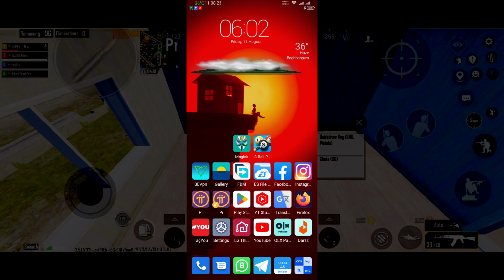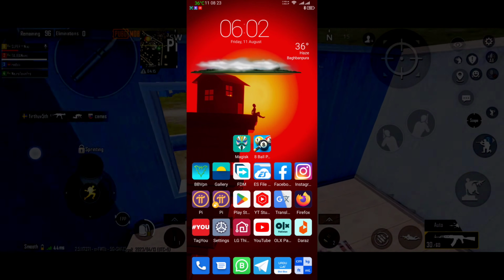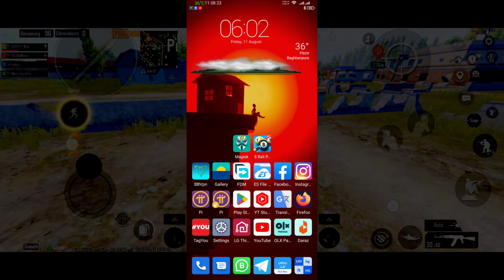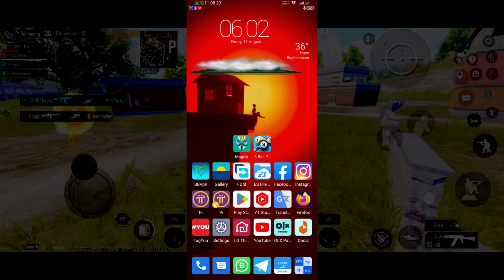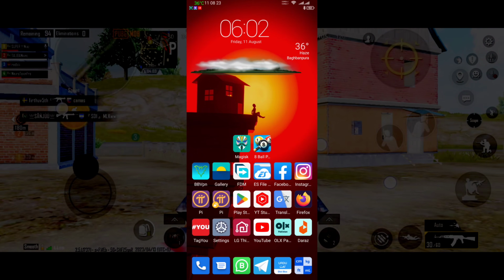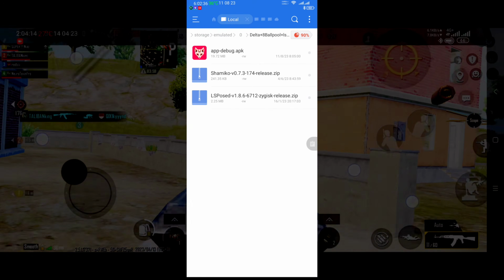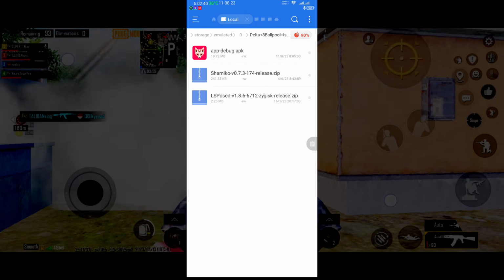So friends, first of all, if you are a rooted user and want to run 8 Ball Pool, basically you have Magisk or Magisk Alpha or Magisk Delta. So in this video you have to replace Magisk Official or Magisk Alpha with Magisk Delta, and for that purpose you have to install the latest version of Magisk Delta, which is 26.1.